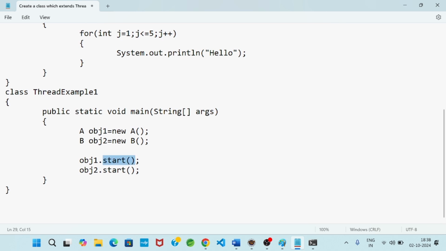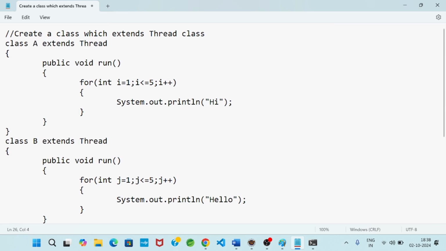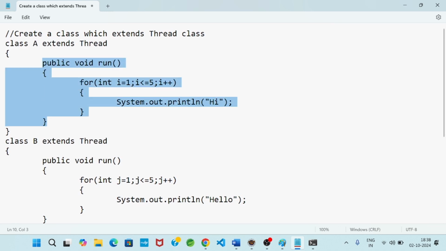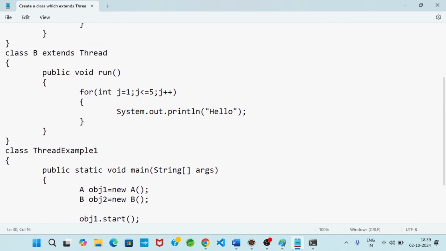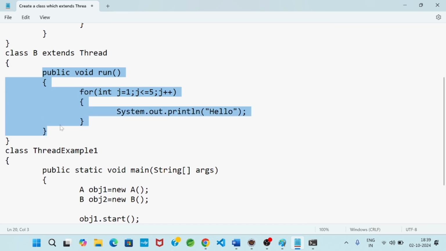So there is a relation between the start method and the run method. When the start method is invoked by the object obj1, which is the object of A class, control will go to the A class run method definition and it will execute. Similarly, when the start method is invoked by the object obj2, which is the object of B class, the B class run method definition will execute.